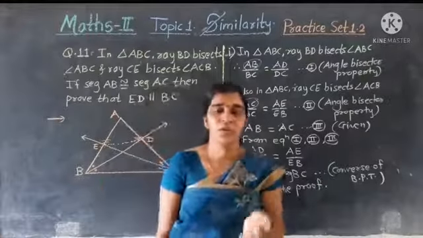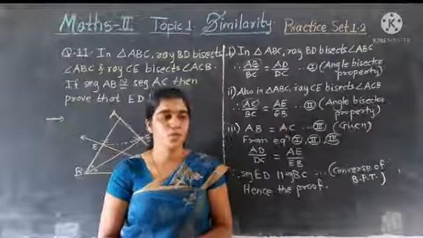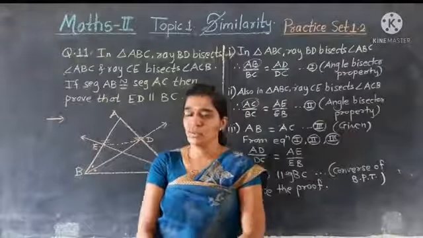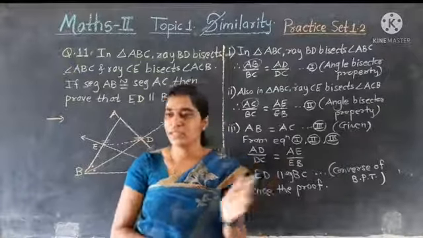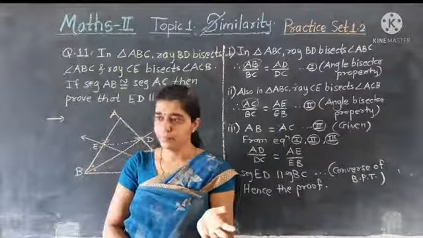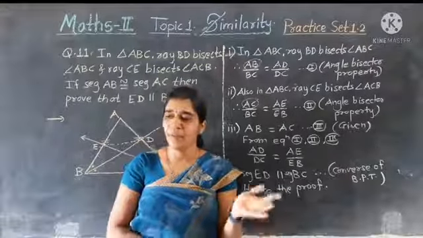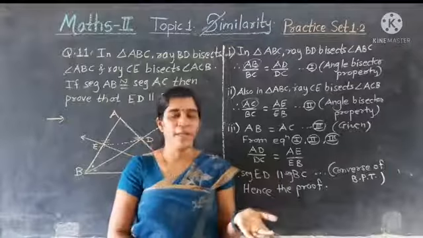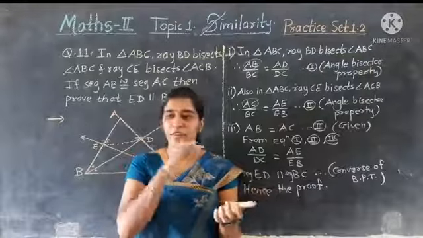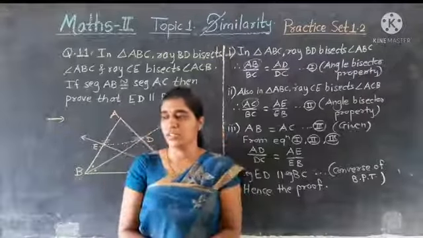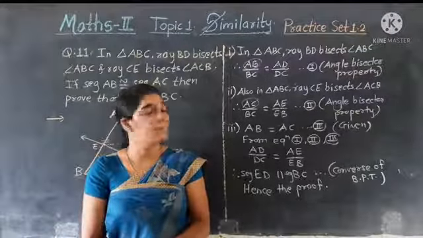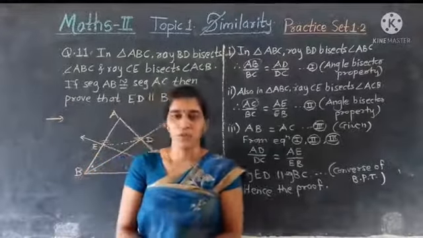Okay, students. So, students, here we completed exercise practice set 1.2. In this video we saw examples based on the basic proportionality theorem, that is the BPT theorem, the converse of the BPT theorem, the property of the angle bisector theorem, the converse of the property of the angle bisector theorem, and the property of three parallel lines and their transversal, which are the examples in practice set 1.2.